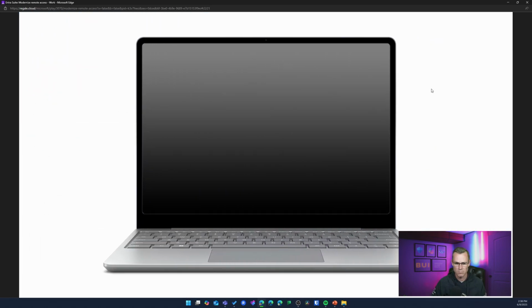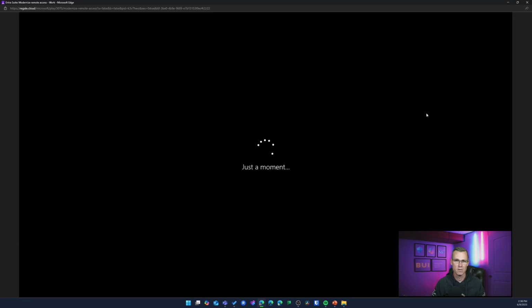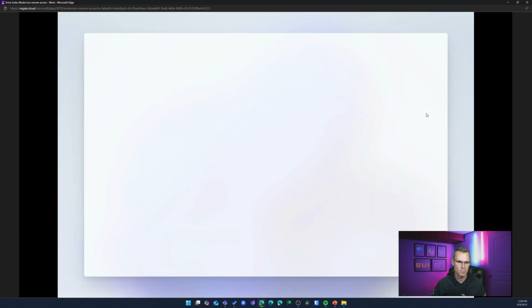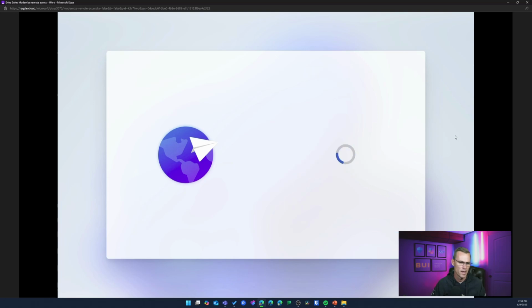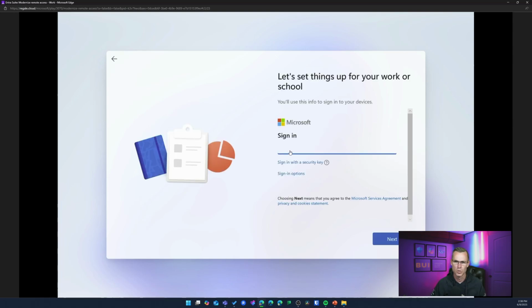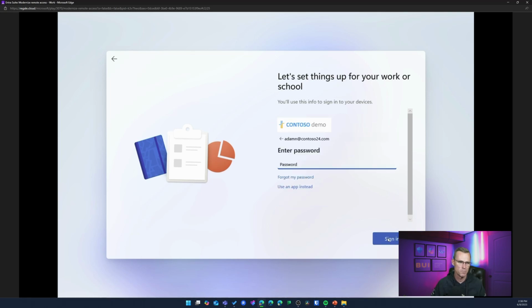Adam also then gets his new work laptop. He gets his laptop and starts it up. By the way, you're about to see the world's fastest Windows boot up ever. But what's pretty cool here is Adam sets up his new machine. Let's go through a few of these hoops. He's going to provide his credentials, and remember that Adam did register for passwordless authentication, so he's not going to provide a password. He's going to use the app instead.